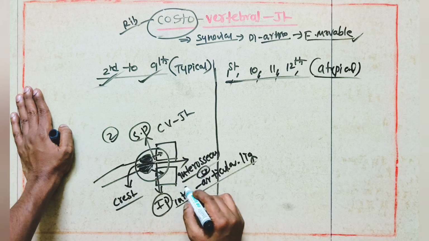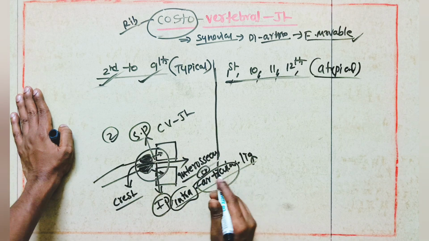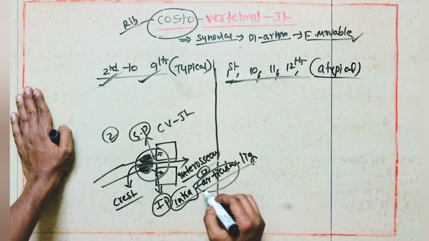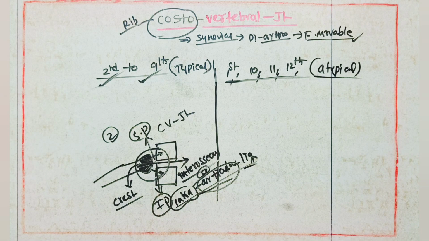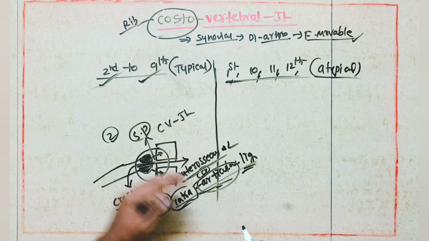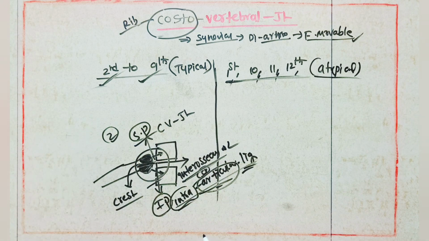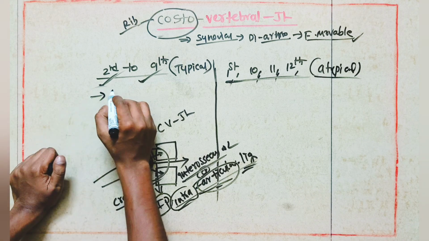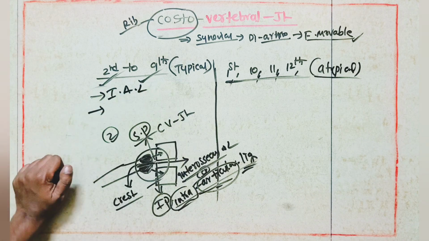Interosseous means it is inside, and intra-articular means it is present between the articular surfaces. So that's why it is the intra-articular ligament. So here the point is, in the costovertebral joint of the 2nd to 9th ribs, we will be having the interosseous ligament, or also called the intra-articular ligament. It is going to divide the joint into a superior portion and an inferior portion. And at the same time, one more ligament will be there, that is the